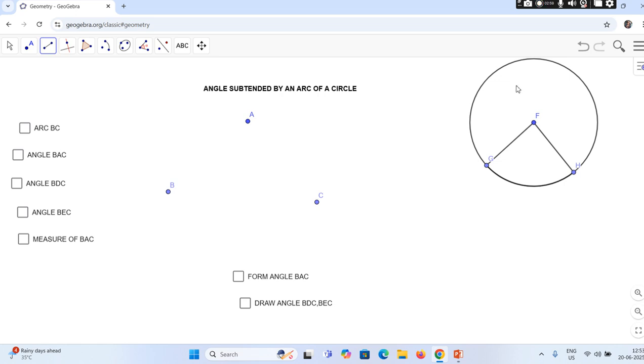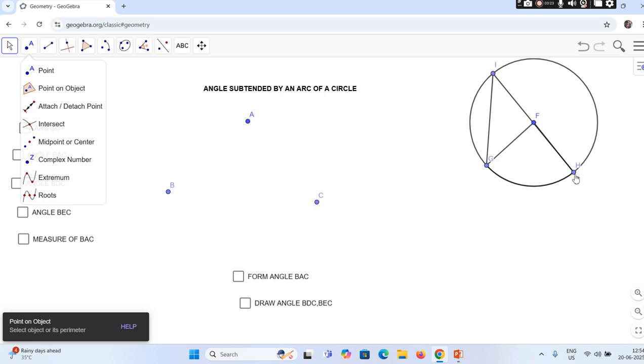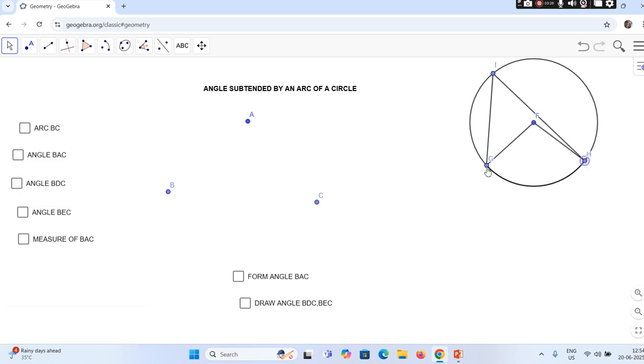Dear students, now we'll talk about the angle subtended by the arc at the remaining point of the circle. What are the remaining points? Except this arc GH, if I take any other point on the boundary of the circle, say I, when I join GI and when I join HI, this is the angle subtended by the arc at the remaining part of the circle. So I hope the angle subtended by an arc at the center and at the remaining part of the circle is clear to everyone. Yes.